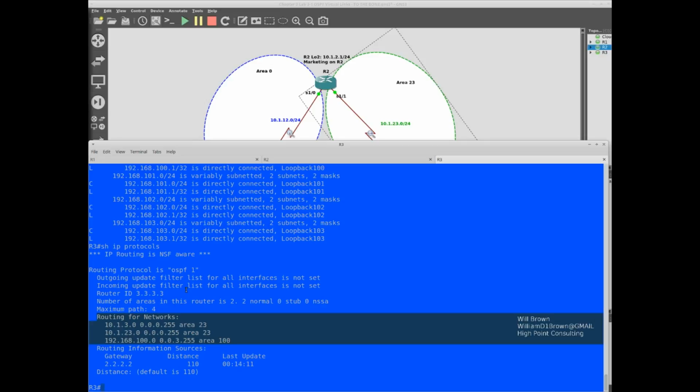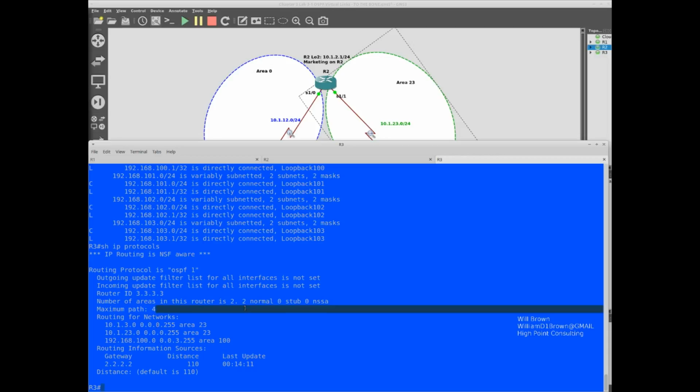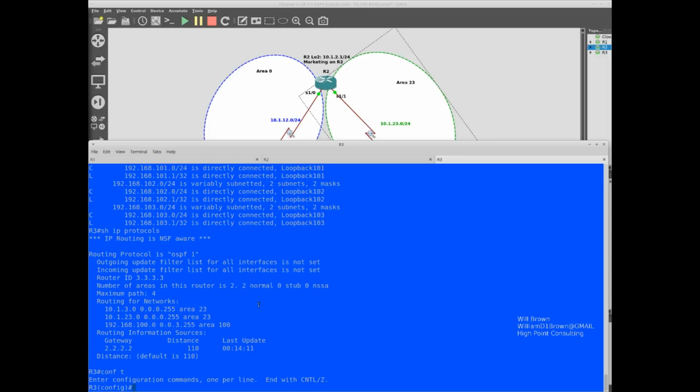So these are the networks for the new acquisition. And what we can do on router 3 is set up what's called a virtual link. Let's take a look and get that done. It's really straightforward, but there's a lot of mechanics going on behind the scenes.